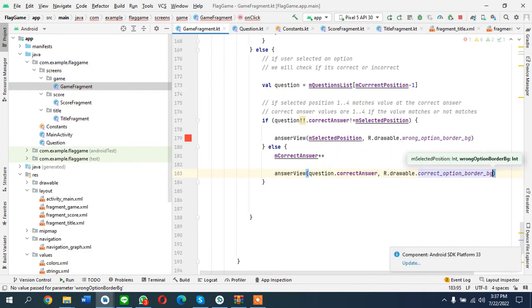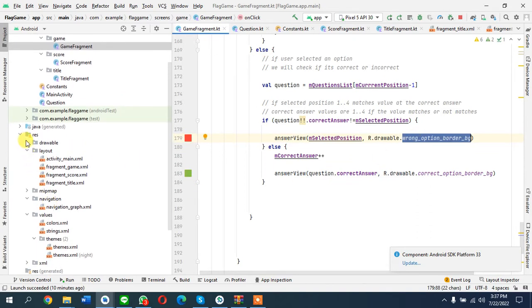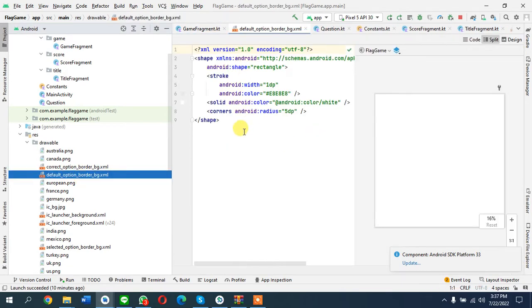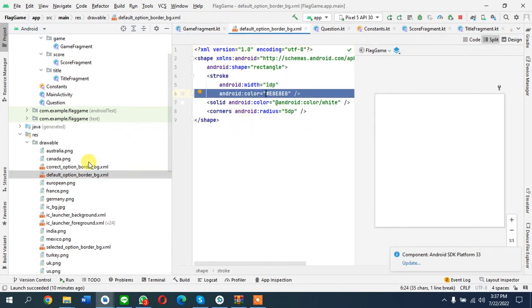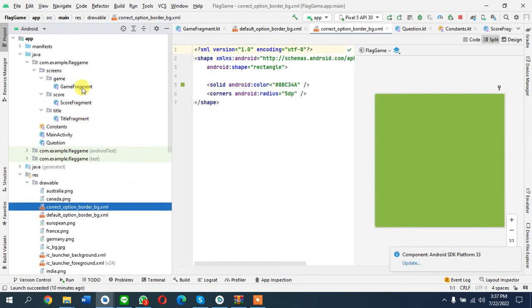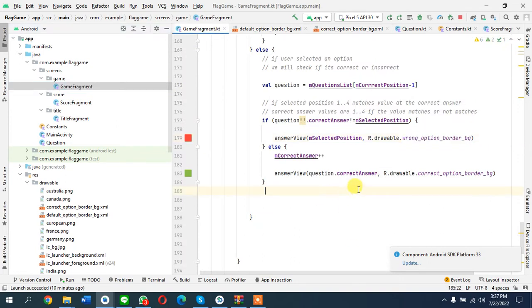Correct. And I have to tell you guys that once you download this code from GitHub, you will also get to see these resources that I have created for the text view. This is for the further design, okay? So please don't get confused. Okay, so here we have this, and now what we will do is,